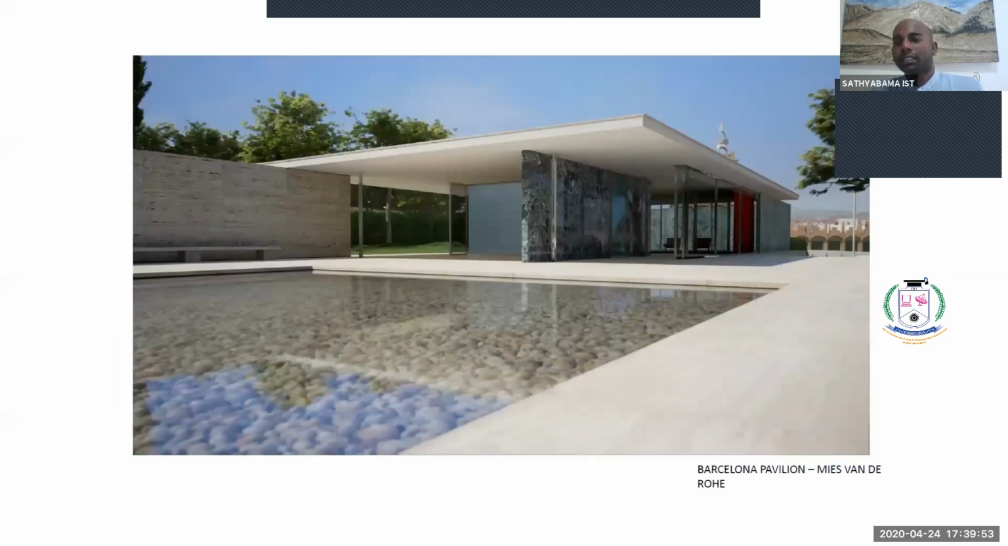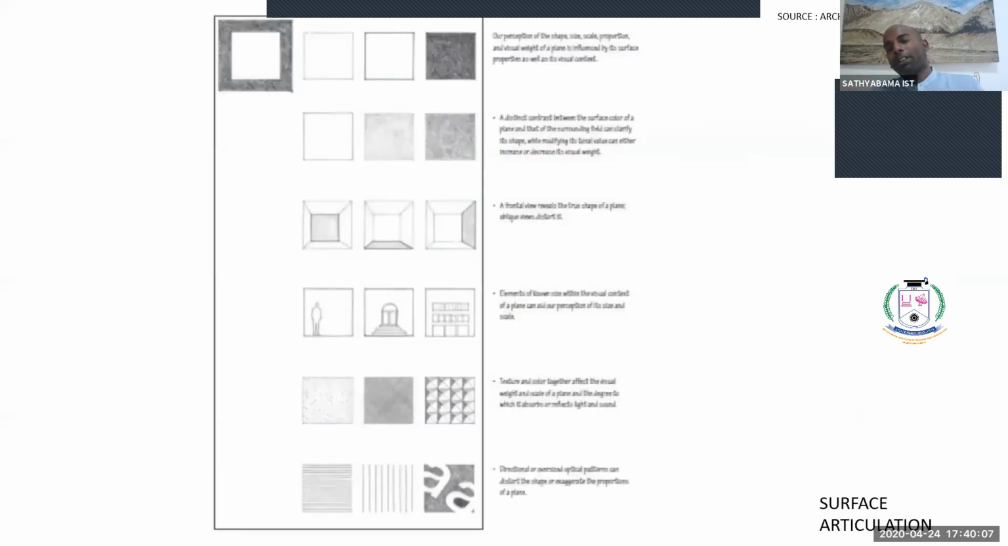Right. This is an example of the Barcelona Pavilion by Mies van der Rohe. Here again, you notice how the corner is completely erased. It feels like the exterior kind of leaks and enters into the interior. Right. Now, surfaces are very interesting because it's how we perceive